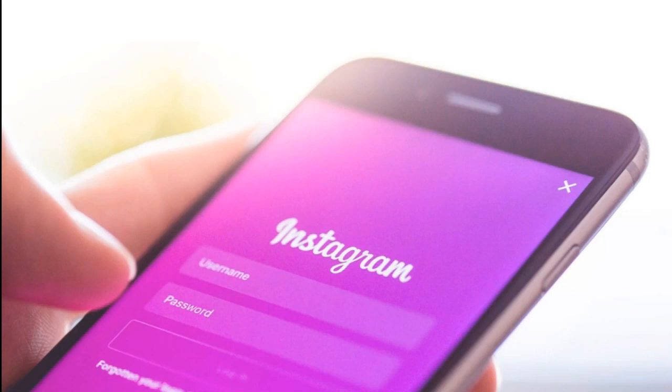Then it's going to show it to more of your followers, let's say 100 more, and then 100 more if they engage with your post also. Okay,